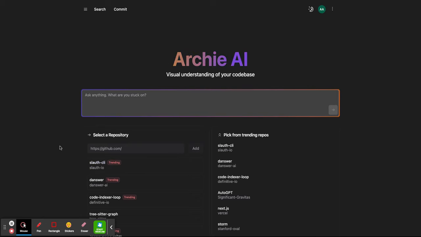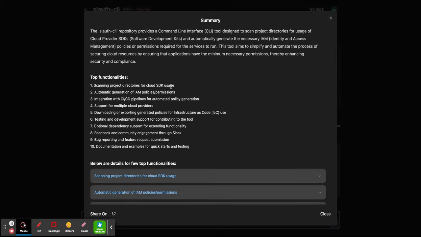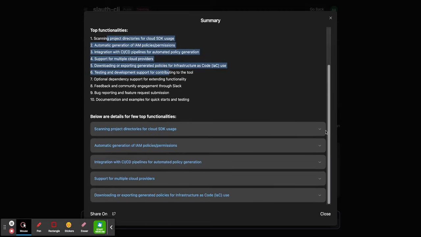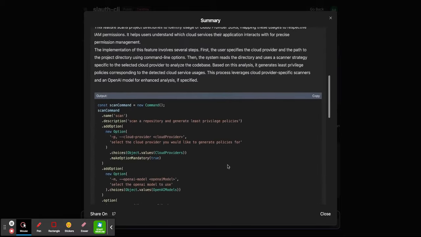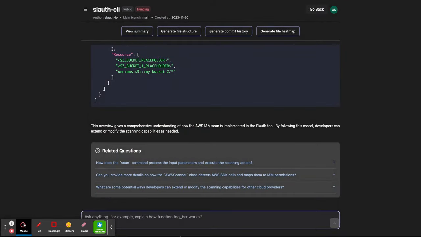Now, once I pick this repository, the first thing I can do is to look at summary. Now, the summary provides the business context of this code base. For example, which are the top functionalities here. And for each functionality, it provides a deeper dive into how it's implemented, some critical code components. Now, I can also ask follow-up question like how is IAM scan for AWS implemented, for example,